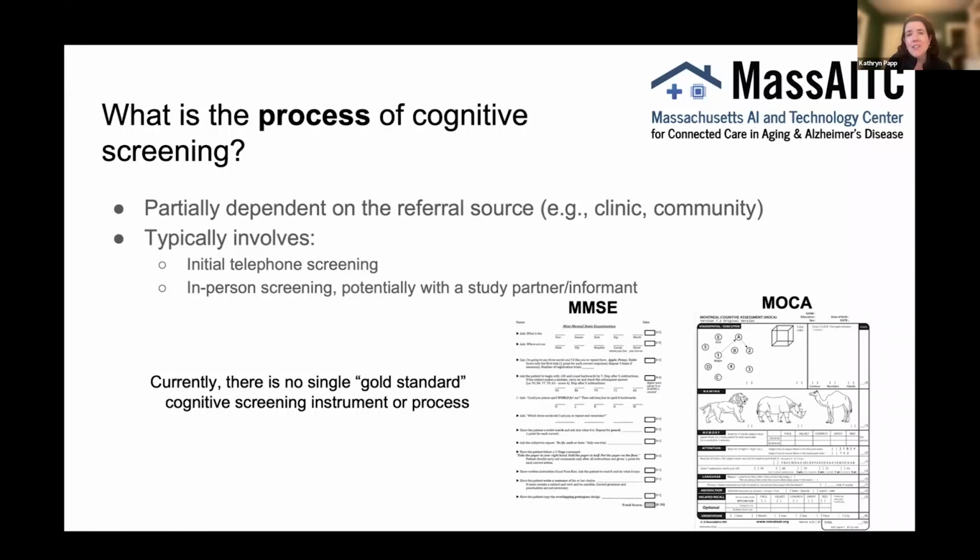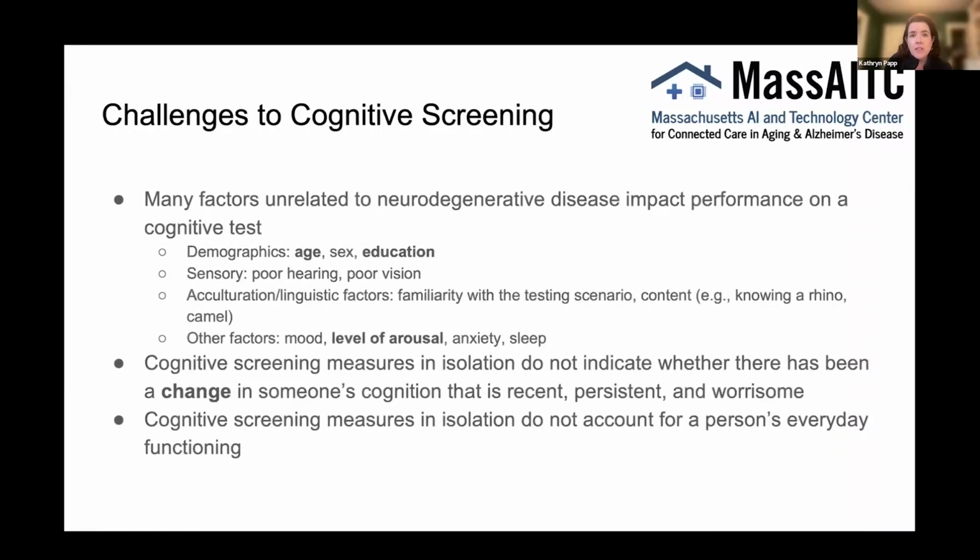But despite this, these are well used instruments, but there isn't one current gold standard. And this is for good reason. There's a lot of challenges that we face in cognitive screening. Many factors that are unrelated to neurodegenerative disease impact performance on a cognitive test. And in particular, as neuropsychologists,